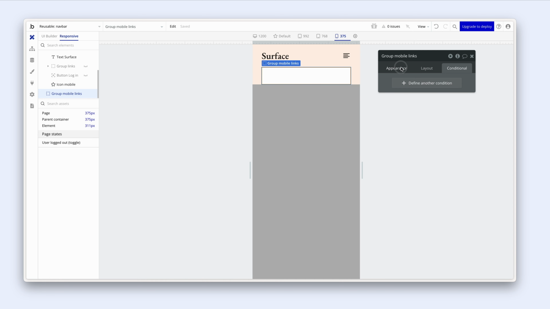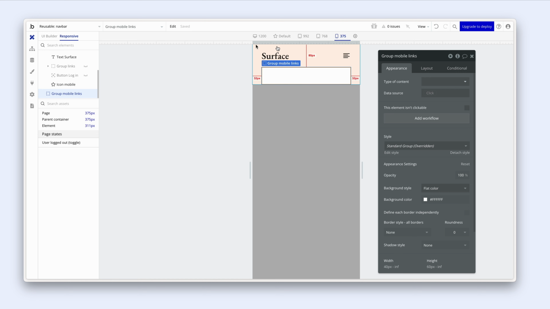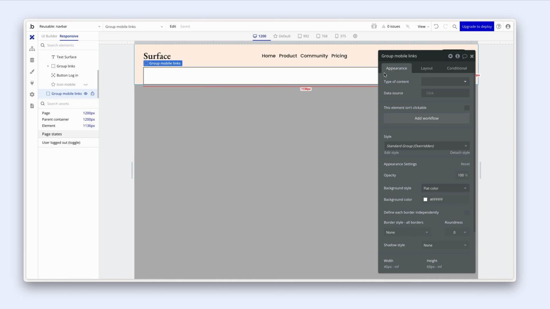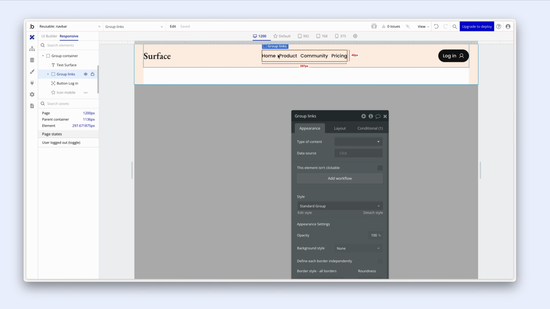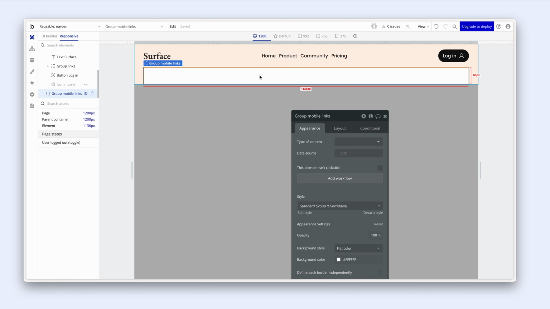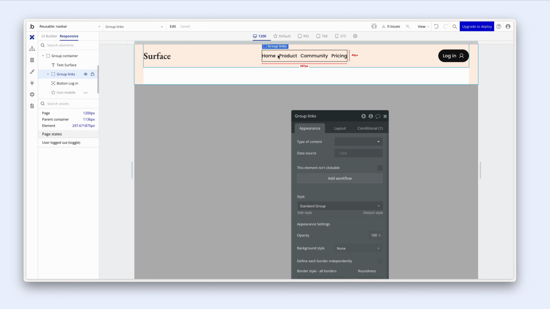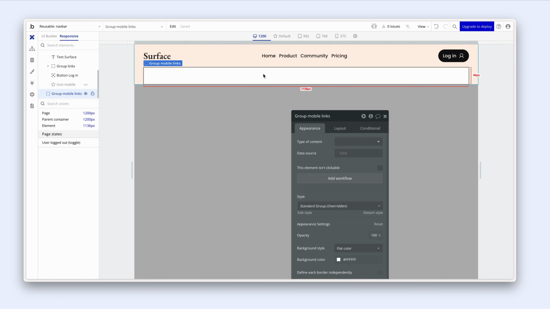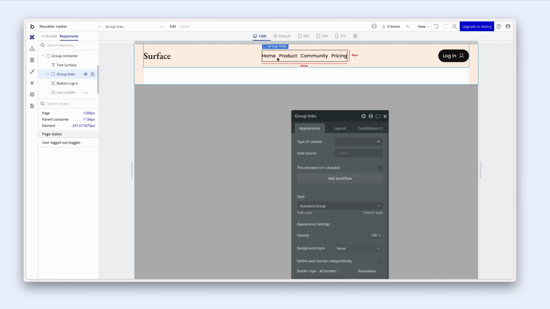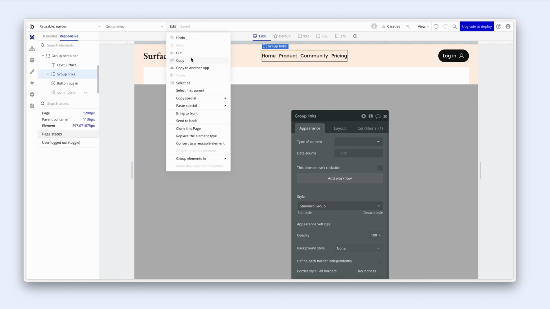All right, so let's put the links inside here. So for that, we need to grab them from here. Here are the group links. I'm going to copy, go into the group, and paste. Try that again. Copy. It's playing hardball today. Okay, let's go to contextual menu, copy,